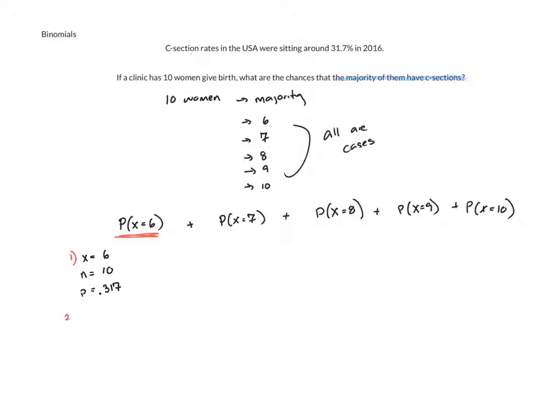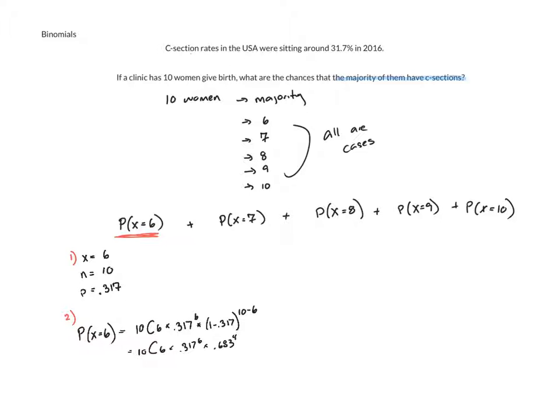So when I go to plug into my formula then, I'll have the probability that I have 6 of them having a C-section is equal to 10 choose 6 times 0.317 to the 6th times 1 minus 0.317 to the 10 minus 6. Simplifying this before I plug it in, then I'd have 10 choose 6, times 0.317 to the 6th, times, and 1 minus 0.317 should give me